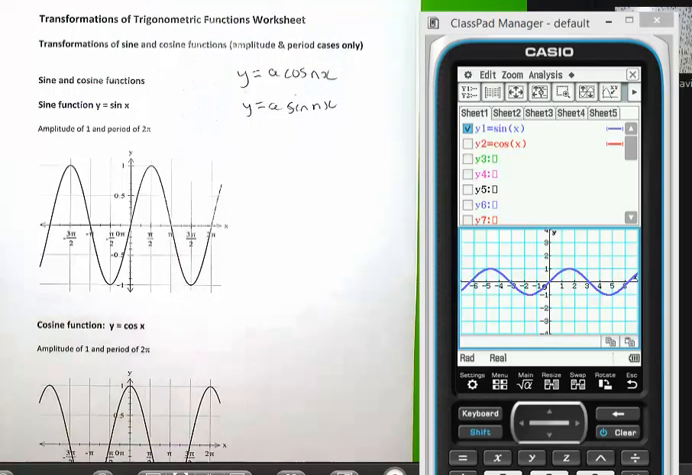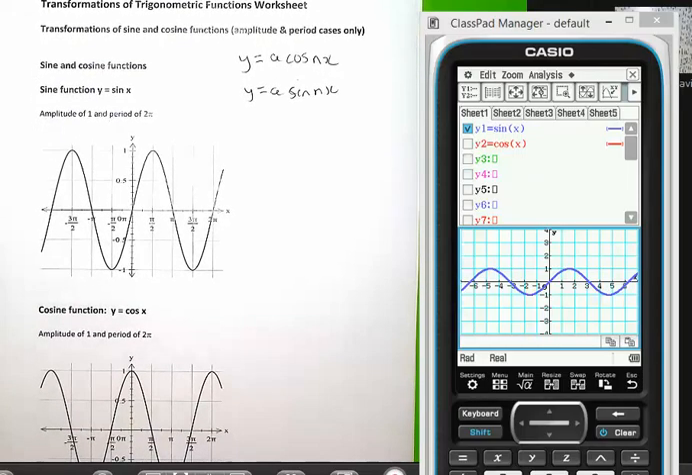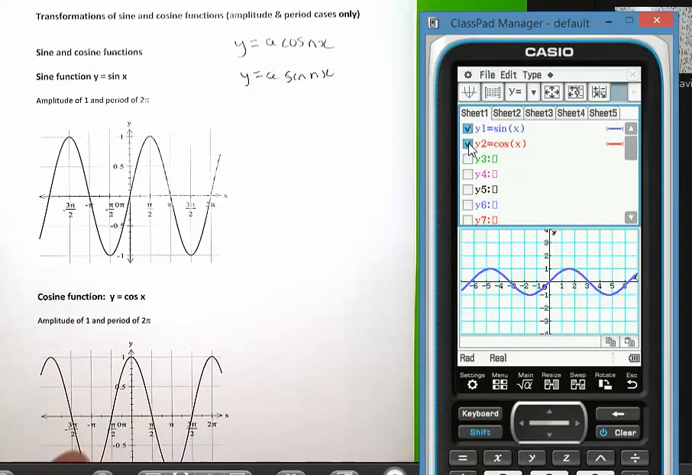Now on page 1 you'll see the two standard graphs for period 2 pi and an amplitude of 1. You can see I've drawn it for sine x. If we have a look at cos x down the bottom of the page and on the calculator, you'll see